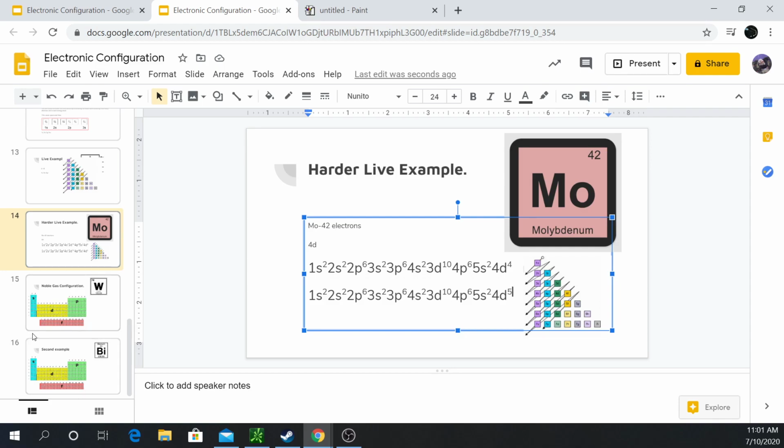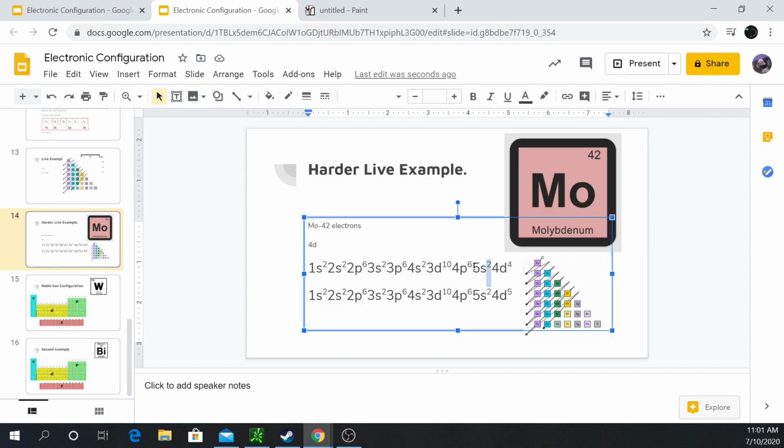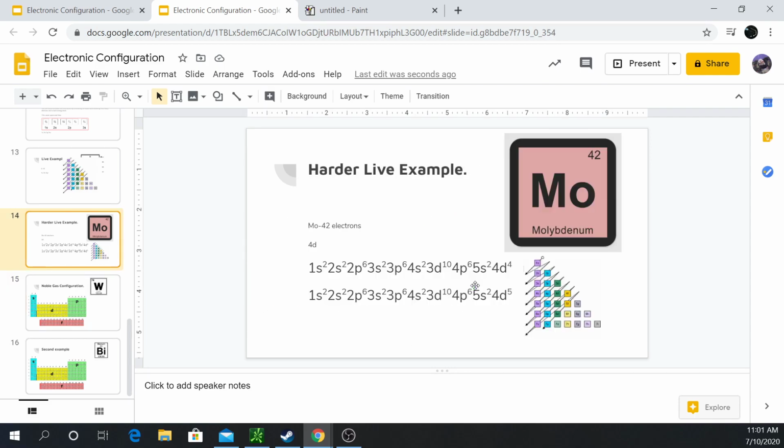and that's called the noble gas configuration. Okay, and the noble gas configuration is going to be us using the periodic table to kind of cheat our way through doing this process here. And the way that we're going to cheat is that instead of writing out every single part of the electronic configuration, we're going to say, all right, so we know